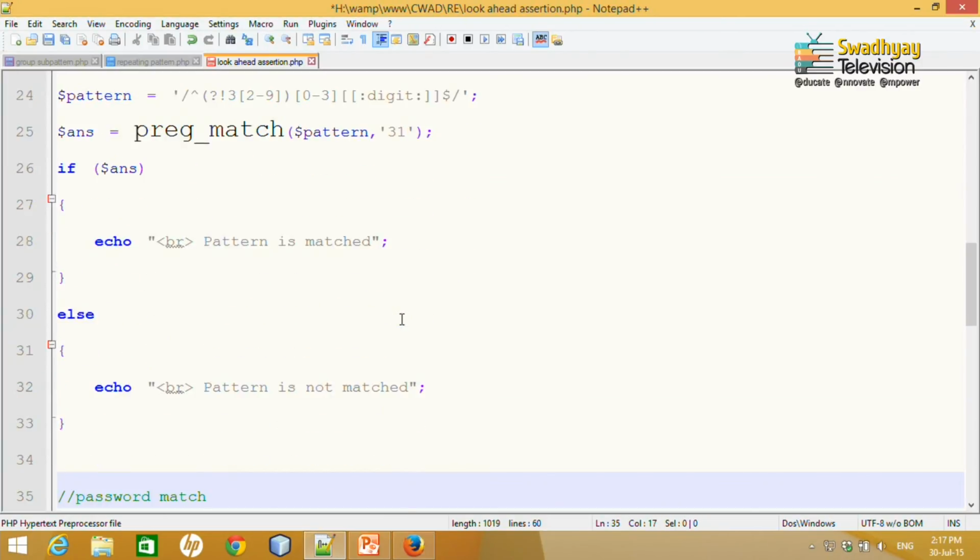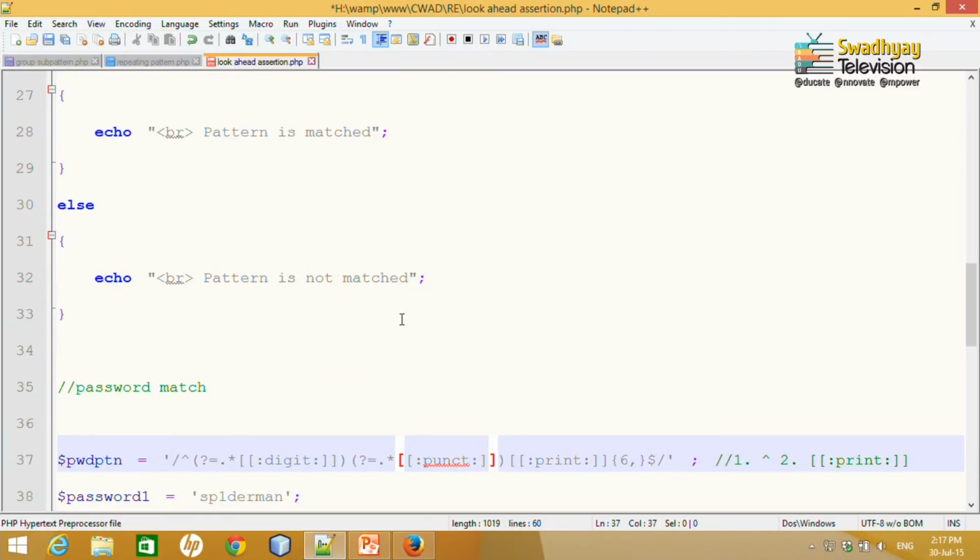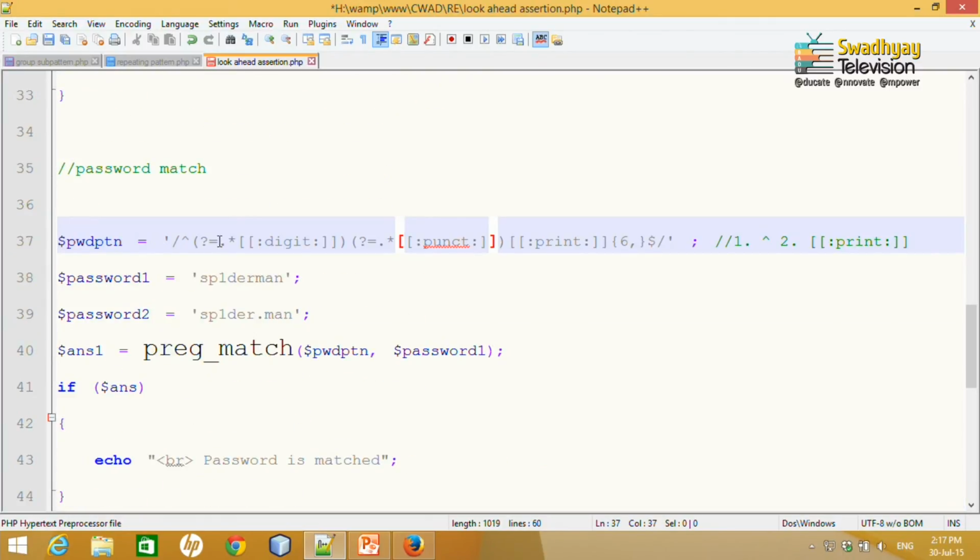In the same way, for the next example, I want to match a password that must contain any one digit, at least one punctuation mark, any printable character, and a minimum of 6 characters. This is how I define a complex password, so I provide this regular expression.